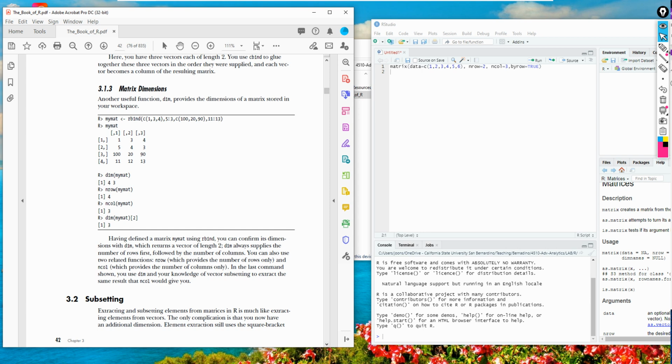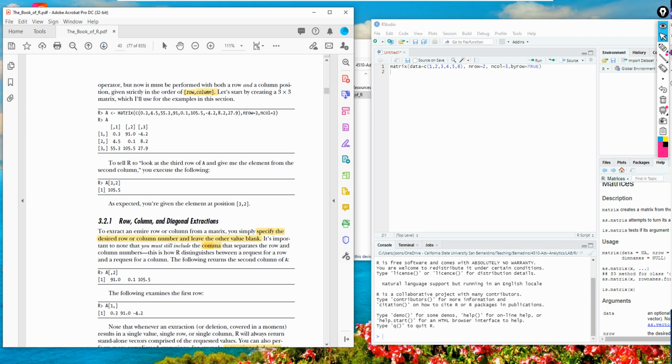Okay, now go to the next page. This must be performed with the row and column positions. To pinpoint an element in the matrix, you need to use a square bracket, and what is really important is that it starts from the row value, then the column.